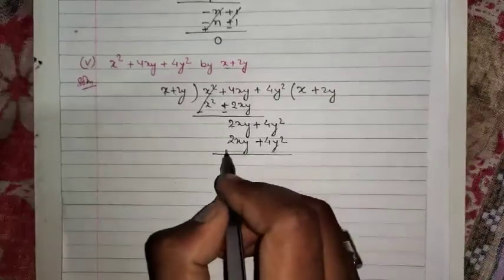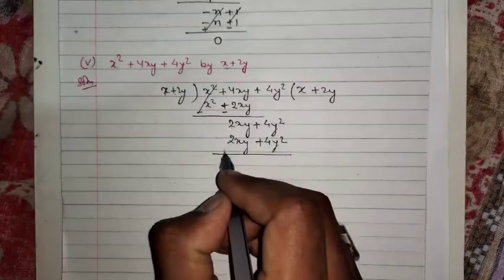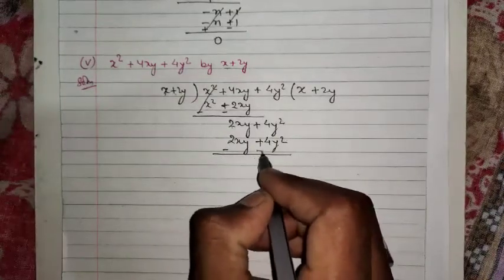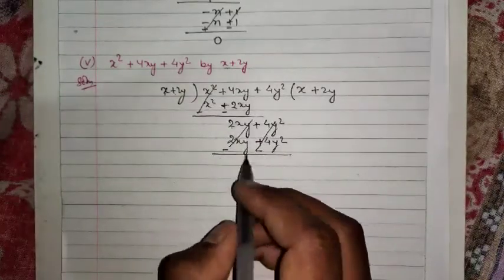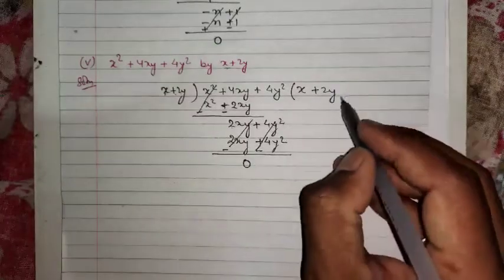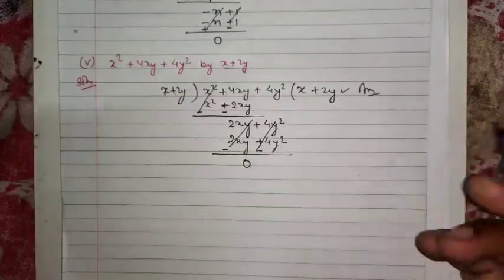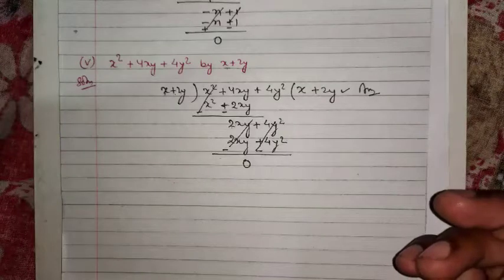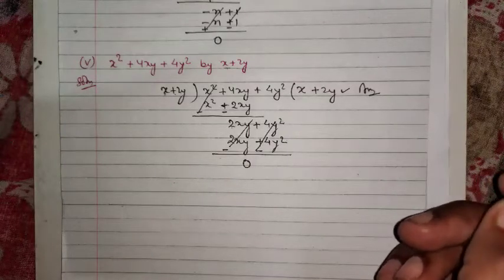Then after that we will do subtraction. Here plus is there, it will become minus. Here plus is there, it will become minus, and all will be reduced. Here it is 0. This one will be our answer. Hope that the second question is a little bit clear to you all.